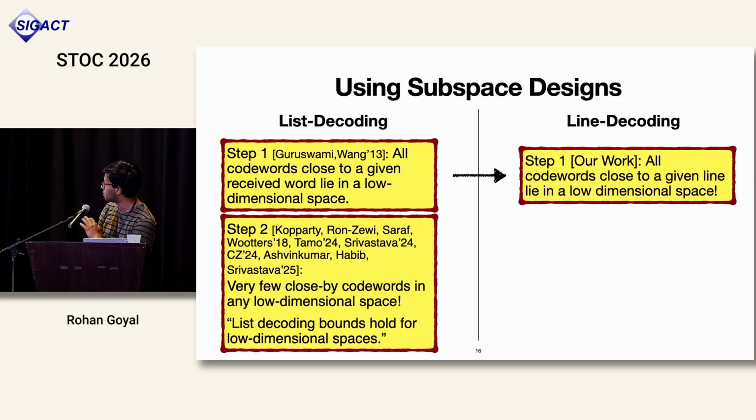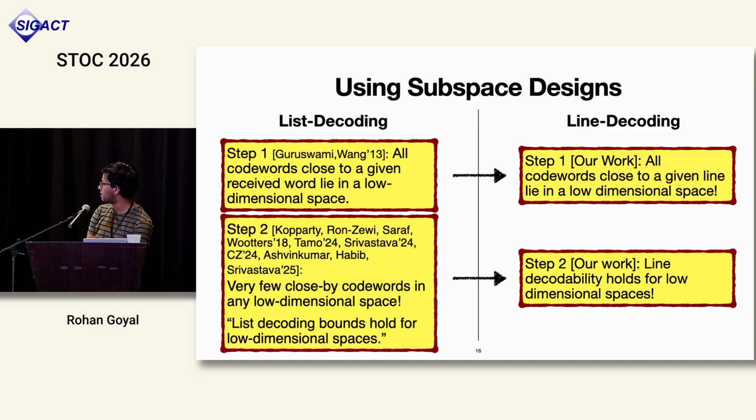So first step, we show that all code words close to a given line lie in a low dimensional space for these Folded Reed-Solomon, multiplicity, and so on. And the second, we show that line decodability in some sense holds for low dimensional spaces. So I want to say a few words, but I don't want to show you because this will get involved. The second step,